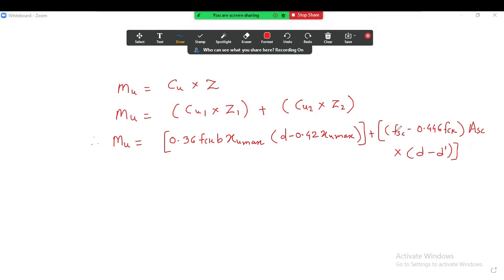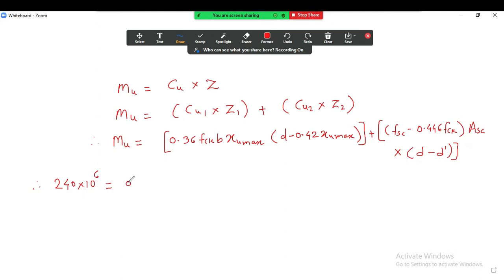Now you just need to put the values in this formula, so we will get the answer. You know all the values. The Mu value is known to us, the total moment is known to us. What is the total moment? It is 240 into 10 raised to 6. Our Mu limiting is 160 86.25 or something, and our Mu2 is the difference of those two, that is 53 point something, which we have already calculated. Now this total Mu is 240 into 10 raised to 6. I have put the value over there.